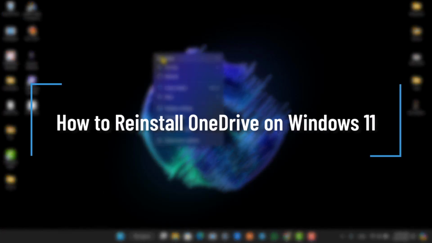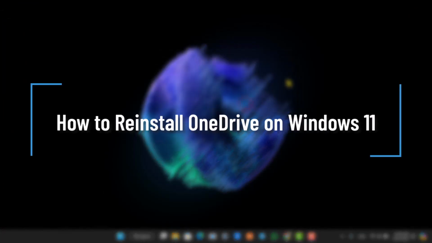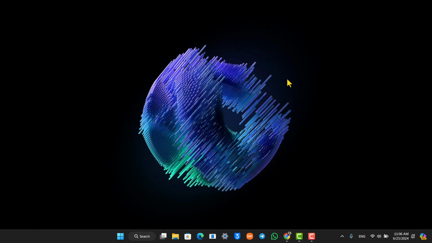How to reinstall OneDrive on Windows 11. So OneDrive is basically like an external application that comes installed with your Microsoft Windows, and it helps you back up your data more easily. But if you uninstalled it due to some reason and then you want to reinstall it again, it's quite simple to do so